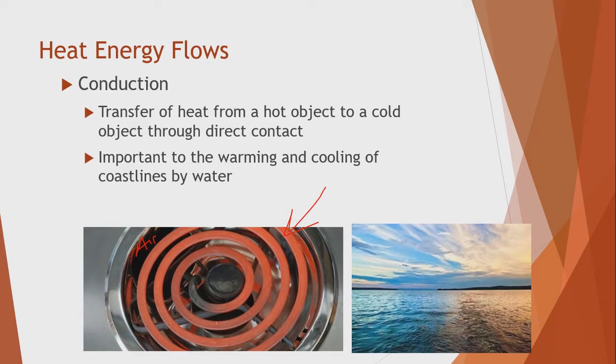And you kind of notice this. If you turn on your oven for a really long time in your house, you notice the house starts getting hotter. That's because the air is absorbing all that heat. That's conduction. The exact same thing actually happens in Earth. If you have something like a body of water that is really, really warm, and you have it next to some really, really cold air, the heat from the warm water will kind of dissipate into the cold air and will heat up the air. And so the tendency is that once you have heat generated somewhere, it will slowly just kind of disperse out until everything is the same temperature.